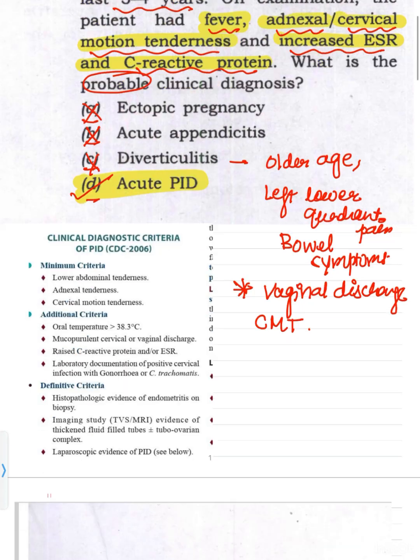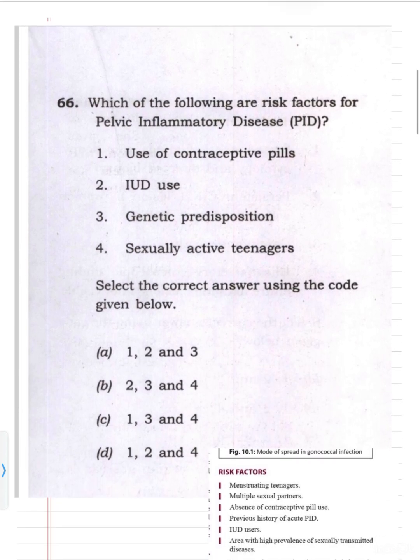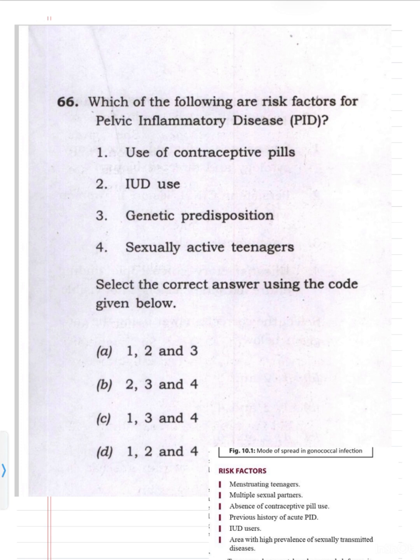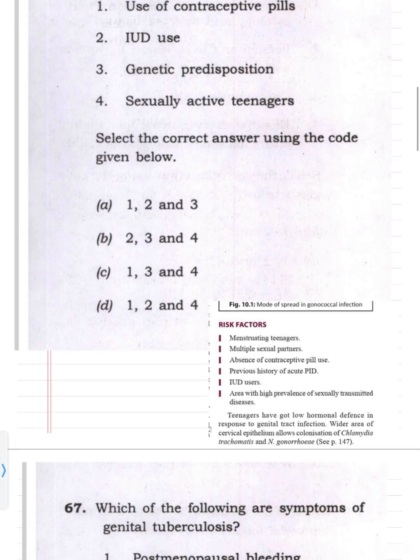Now coming to the second question: which of the following are risk factors for pelvic inflammatory disease? In the previous question they asked about the diagnostic criteria for PID, now they are asking about the risk factors. The options are use of contraceptive pills, IUD use, genetic predisposition, or sexually active teenagers. This question has been taken from Dutta's Gynae textbook,